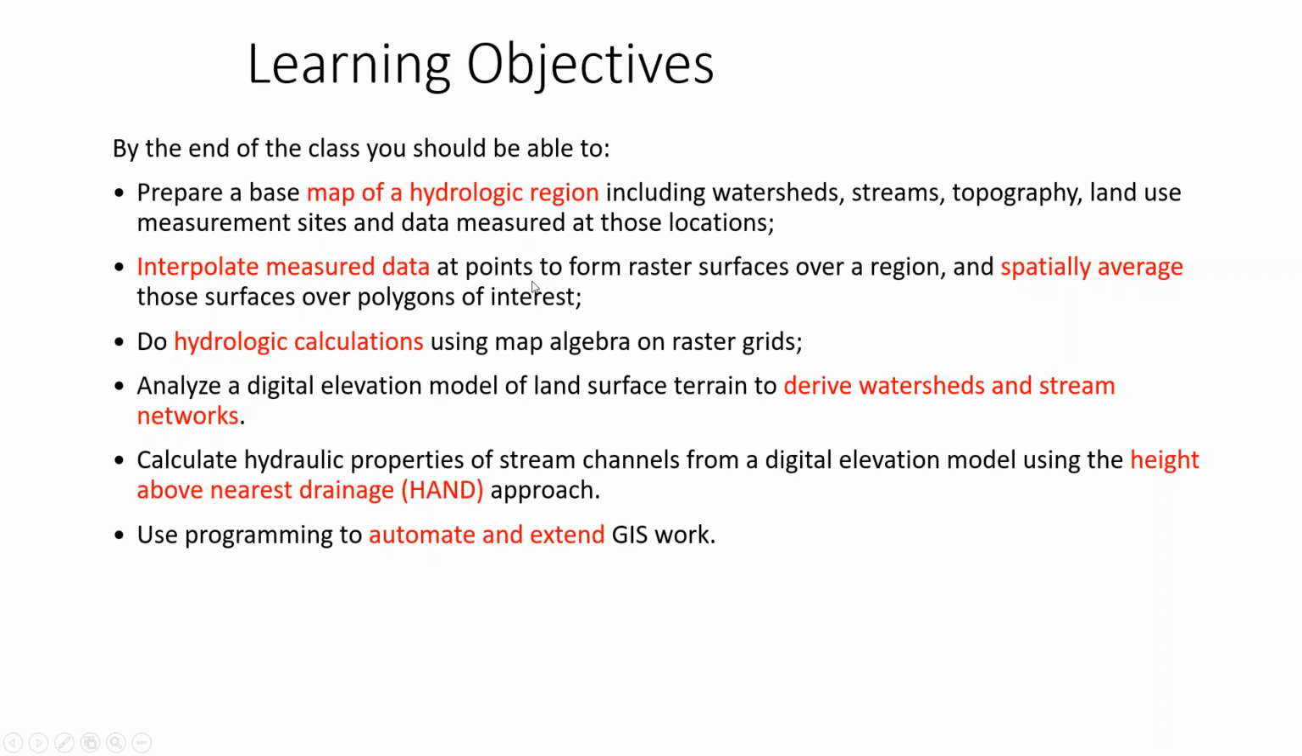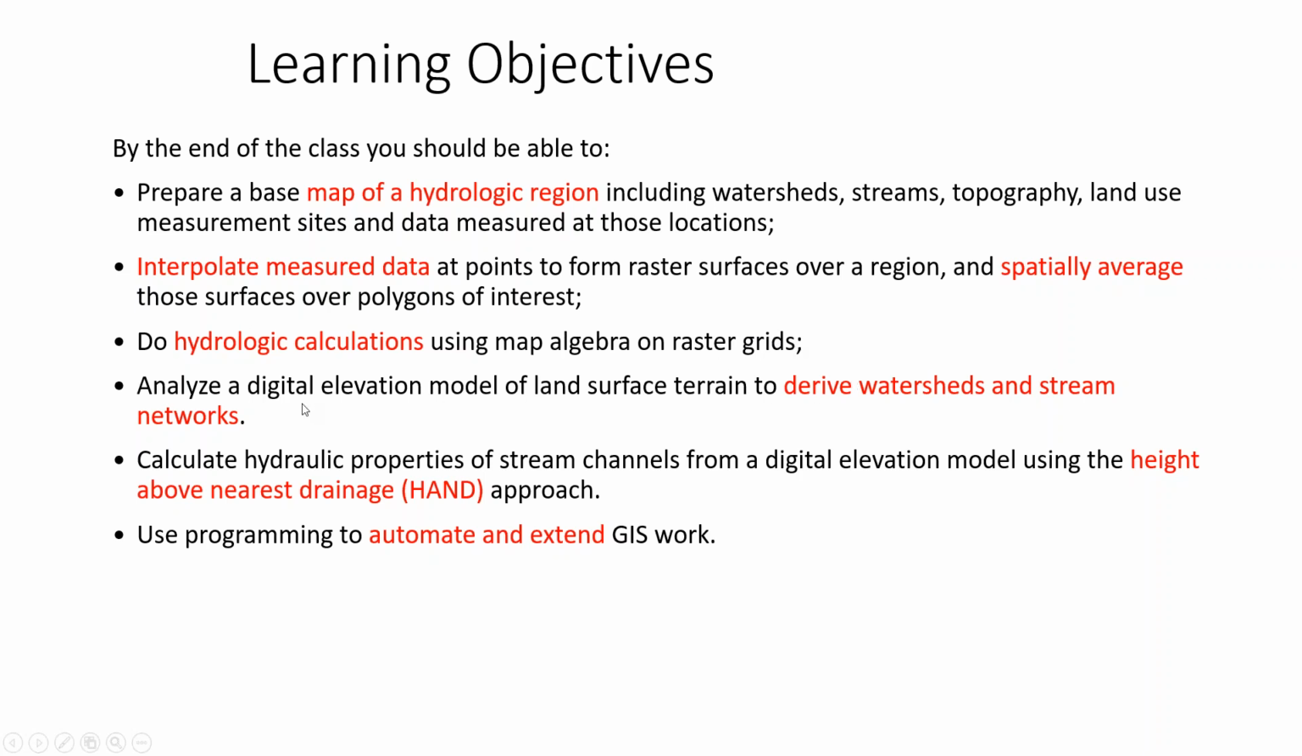You should be able to interpolate measured data at points to form raster surfaces over a region, and spatially average those surfaces over polygons of interest. And that'll be done in the context of rainfall, and that'll be the second exercise. Do hydrologic calculations using map algebra on raster grids. So that'll also be part of the second exercise, and you'll learn how to manipulate and work with geographic data